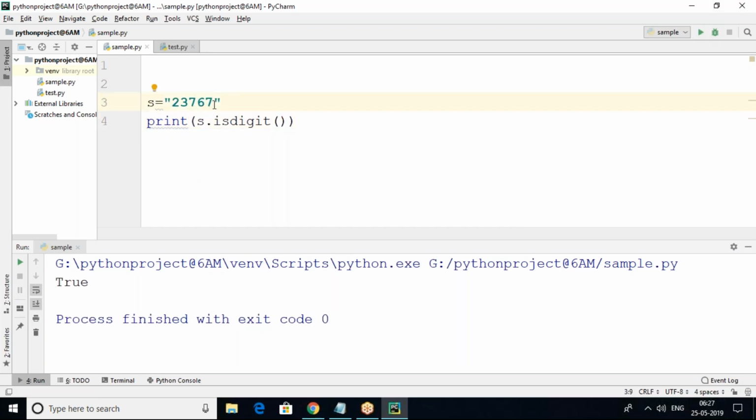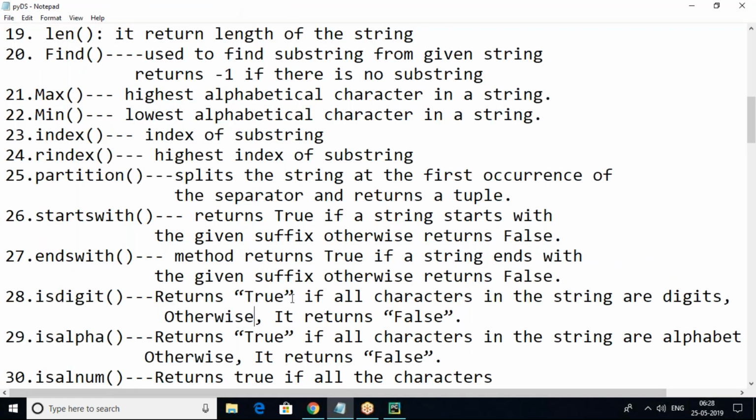What happens if I give special symbols? Look here, false. What happens if I give some alphabetic values? Like a, it returns false. Only if it contains digits does it return true, otherwise false.